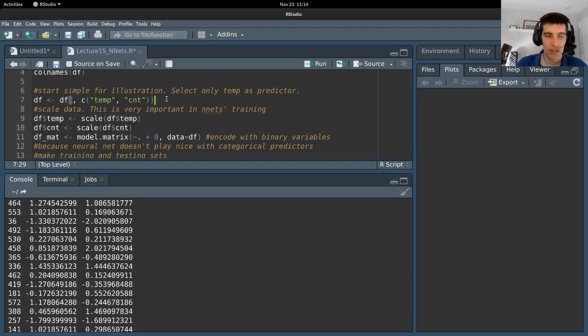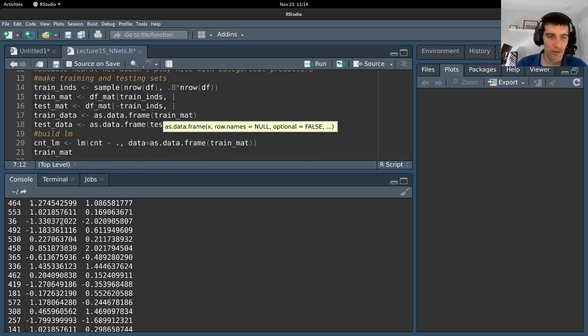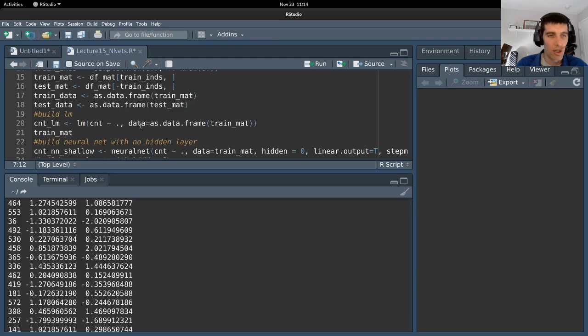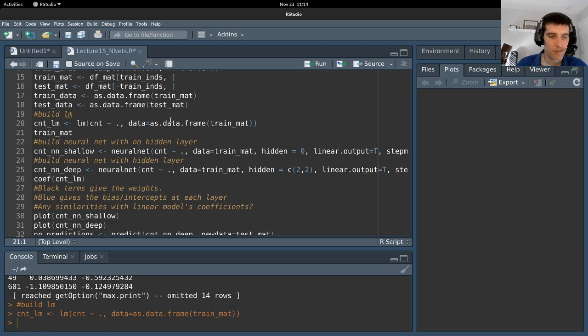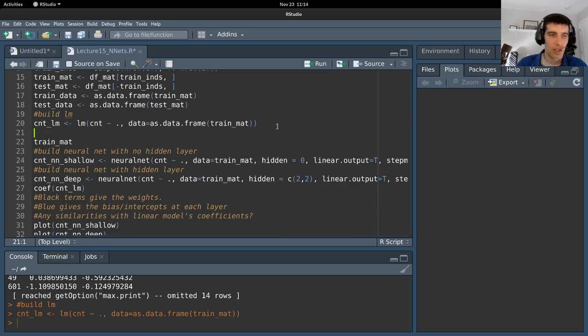I subselected just for temp and count variables, so that's why I only have two columns here. So I built a linear model, predicting count from everything, and because I'm just working with the temp variable, this is just going to build a linear model which predicts count from temperature. Okay, going to look at this model,